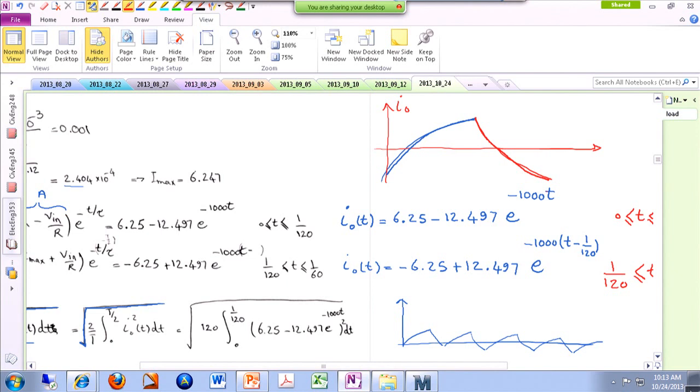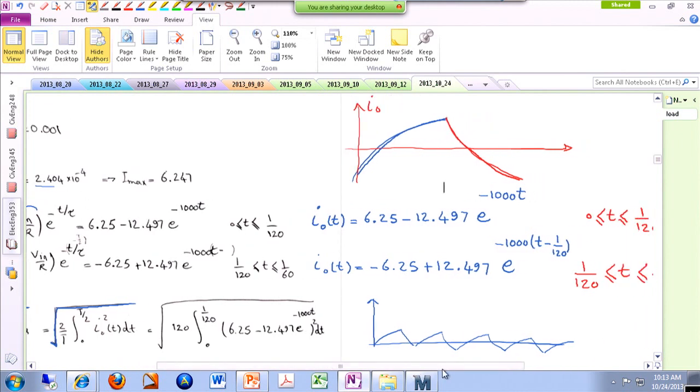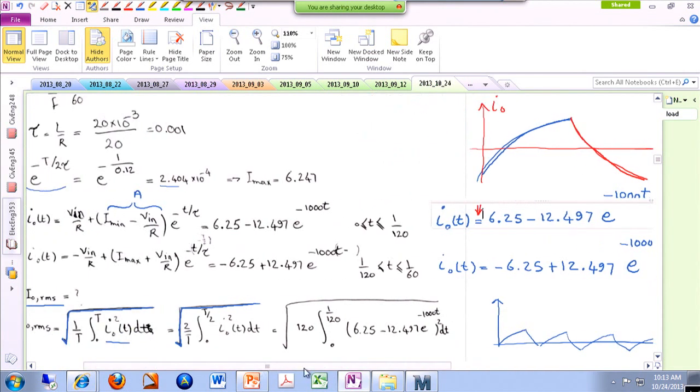So instead of doing it for the entire period, I can just do it for half of the period. So the math is going to be a little bit easier. All I need is basically this first expression over here, because I don't need the second expression because of the symmetry. So 1 over